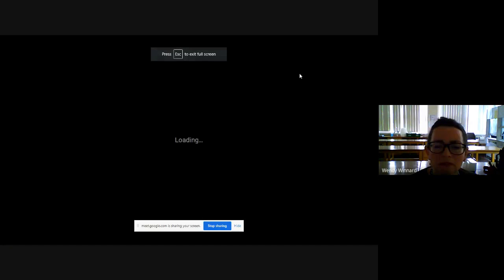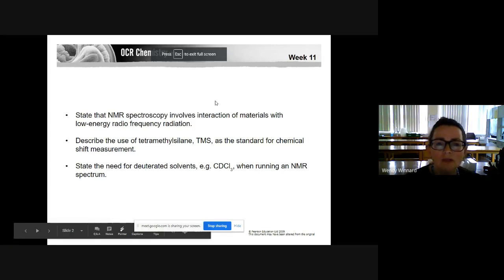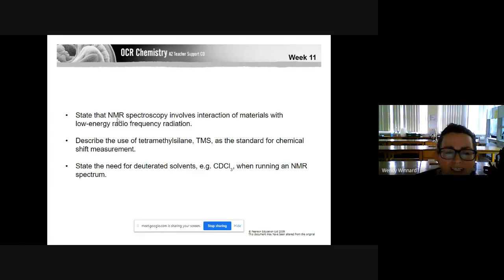Presenting this a little bit now. So this sounds really, really complicated, NMR spectroscopy, and it isn't. And if you don't like your physics and you want to switch straight off, don't worry about it. Spectroscopy means